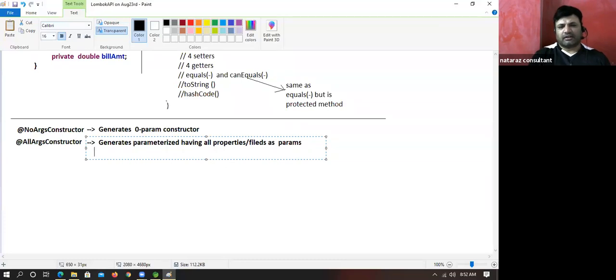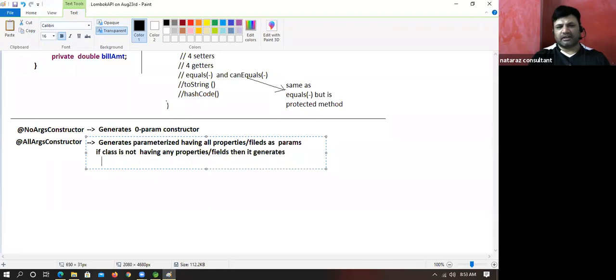If the class is not having any properties or fields, then it generates a zero param constructor.